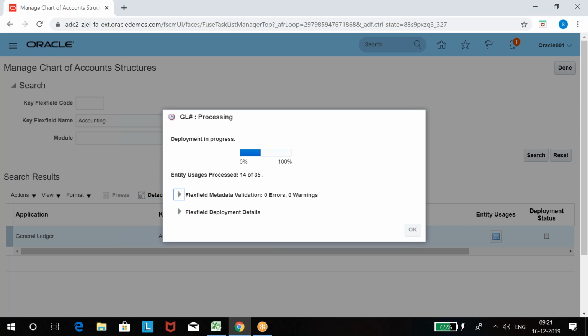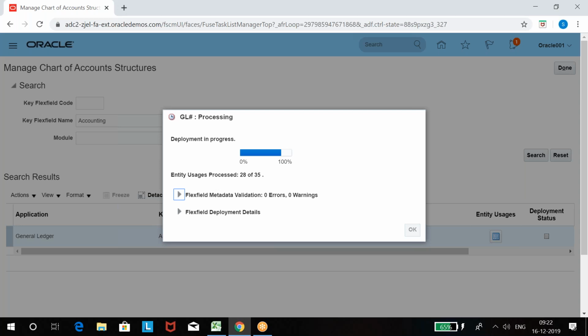But in Fusion, that is changed. It is not for a single chart of account. The compile name changed to deployment, and this deploy you do for the complete flex field, not for a single chart of account. When I say complete flex field, I mean all chart of accounts under the flex field. There may be hundreds of chart of accounts. It does validation for all. If any chart of account has a problem, you get an error, and you need to read the error message and then correct that information.